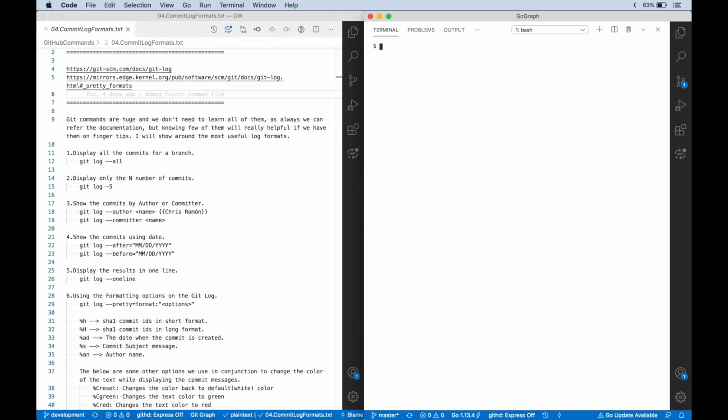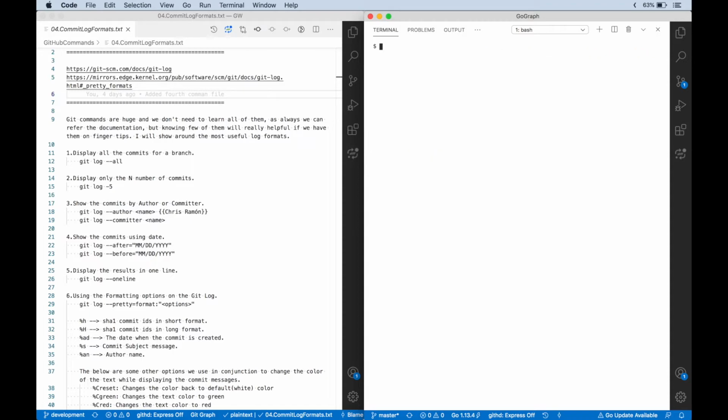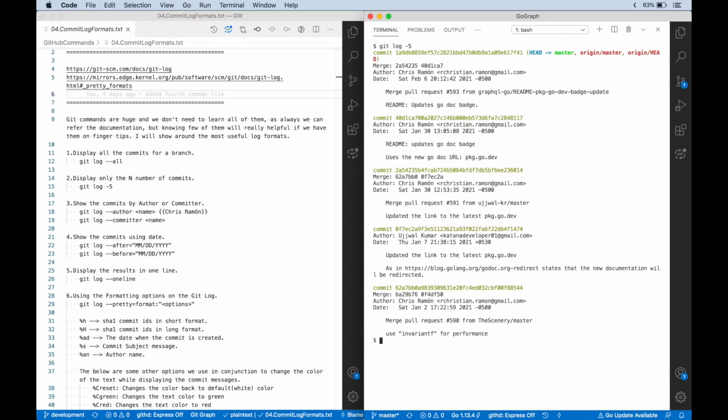So what I do is git log --all -2. Basically it displays only the latest 2 commits and then it stops the execution. So primarily we cover the second syntax as well, git log -5. If you want to see git log -5, it displays only the last 5 commits from your GitHub repository.